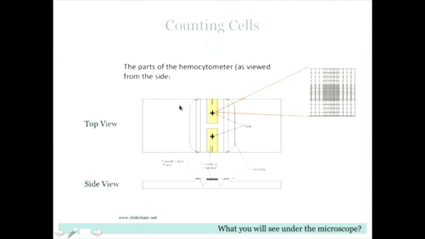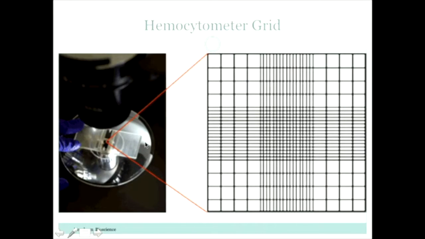And you will see exactly the same picture under the microscope. That is the microscope view, exactly what you see. It's a grid made of 9 bigger squares, and each of the 9 squares is divided into 16 smaller squares. When you would like to find out cell concentration, you count 1, 2, 3, or 4 squares, then you make an average, and you find the concentration of your cells.